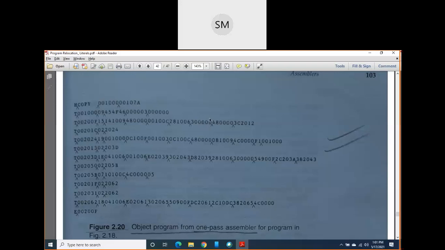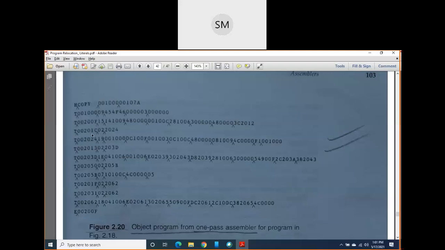So these 4 zeros values I have written here. That is, it should be 2024. Sir, why it should be 2024? Because 1 byte I have written here. Remaining 2 bytes I am writing here as a 2024, which is the address of the operand end file. So those 2 bytes I have represented here. The length of this object code is how much? 2 bytes. Are you getting now?